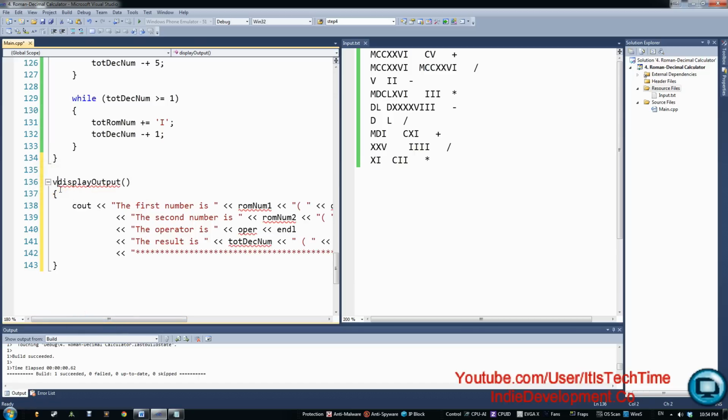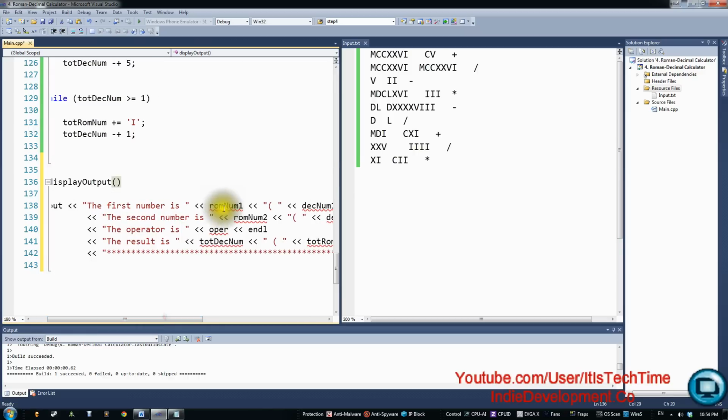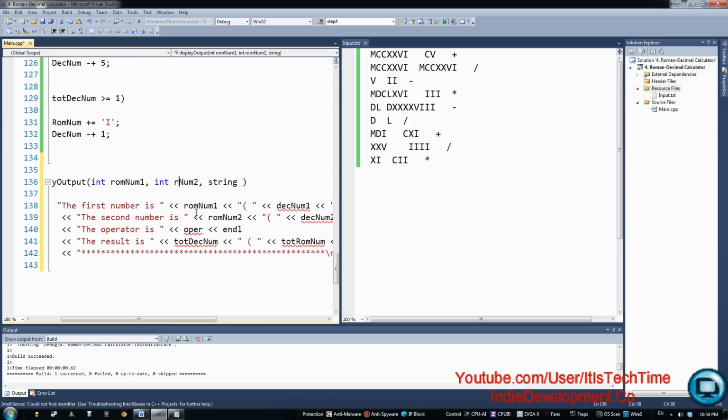The function is going to be a void as usual. I just like void functions, as I said before, and the display doesn't need to pass things back or return them, so it's going to be a void, and we need to pass all these numbers back. So to do that, we have to just do int rom num1, int rom num2, string. Actually, these are decimal numbers, decimal number 2, and then in here decimal number 1,